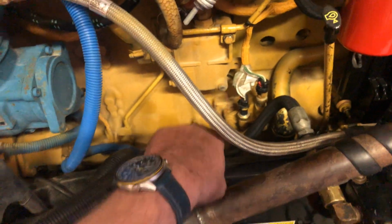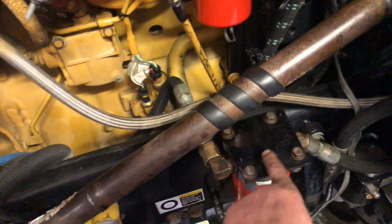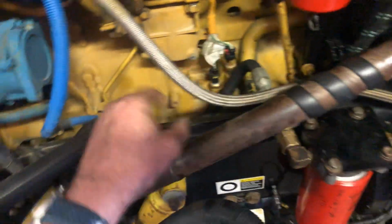So I had this electric pump sitting right here. Some people saw in my previous video that I was pulling fuel through this filter as a vacuum and then pressurizing and feeding that pump. What I found out right here,